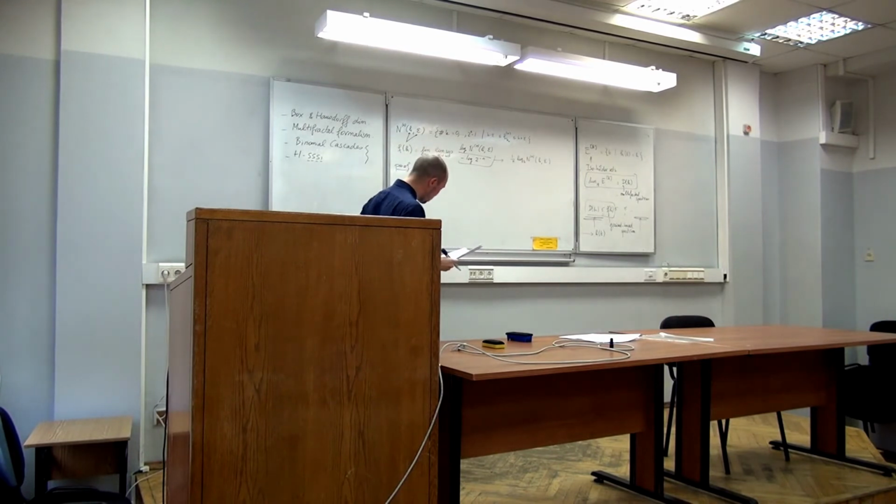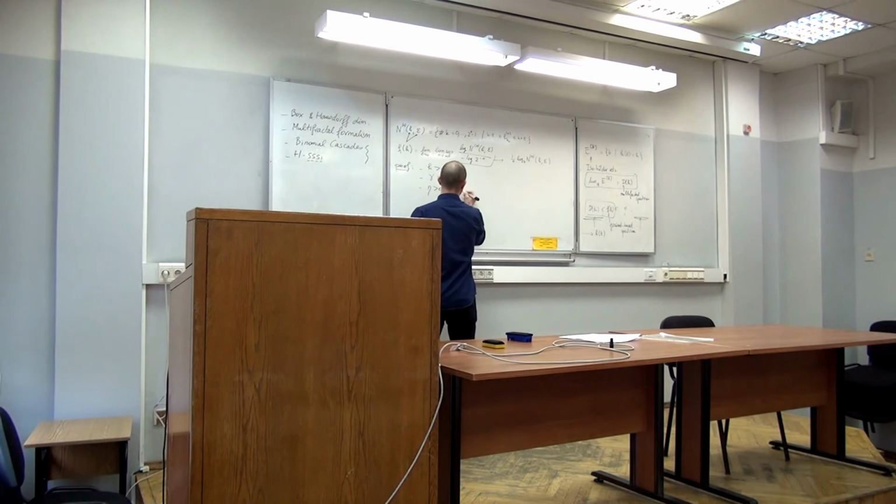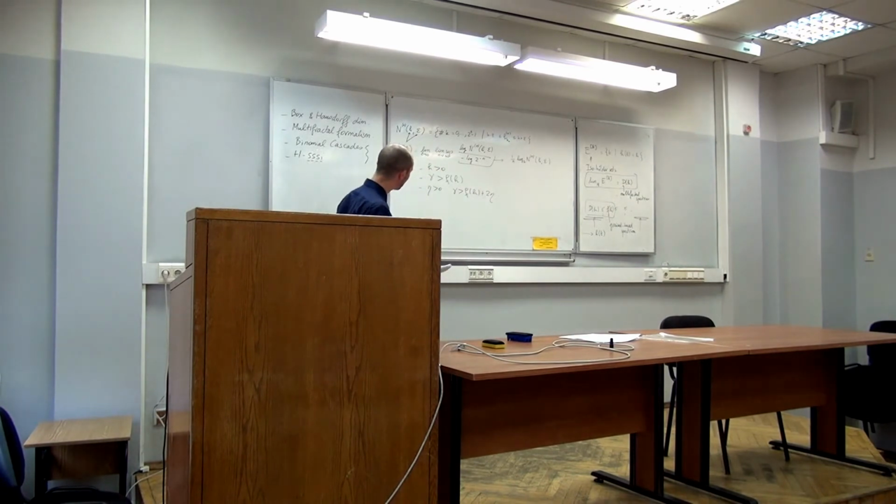So, what do we need? Well, we need to fix some strictly positive h and some arbitrary gamma, which is larger than f of h. And what we're going to do as well, we're going to squeeze in some strictly positive eta, such that gamma is bigger than f of h plus 2 eta. Okay, so that's what we're going to do.